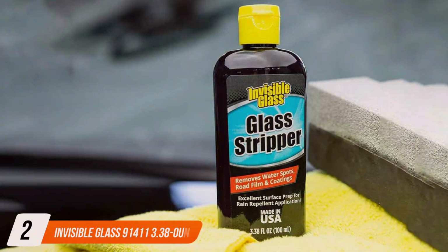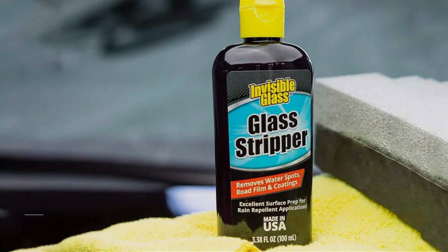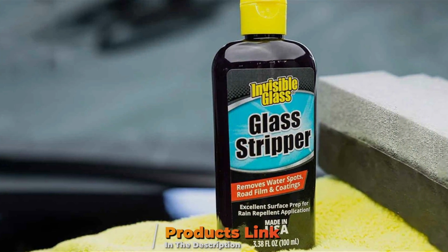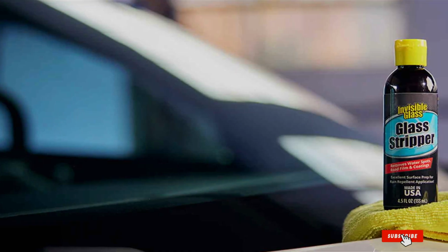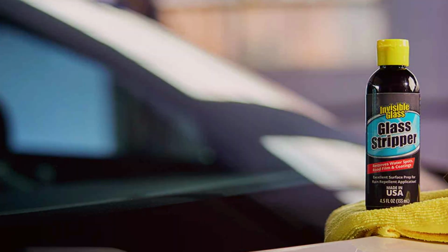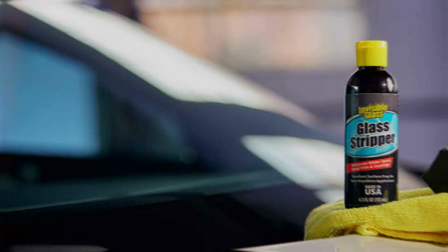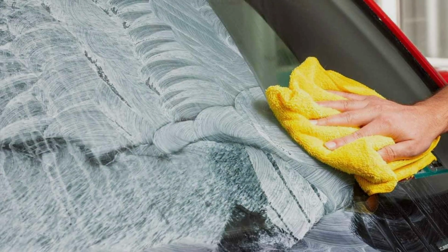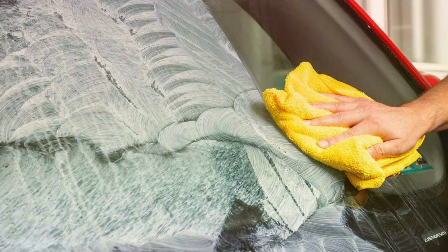At number 2, we are introducing the Invisible Glass 91411 3.38-ounce glass scraper water spot remover kit, your go-to solution for effortlessly removing stubborn water spots and stains from glass surfaces. Crafted with precision and care, this compact kit packs a powerful punch, ensuring crystal clear results every time. Featuring a specially formulated solution, the glass stripper effectively dissolves and lifts away unsightly water spots, leaving your glass surfaces